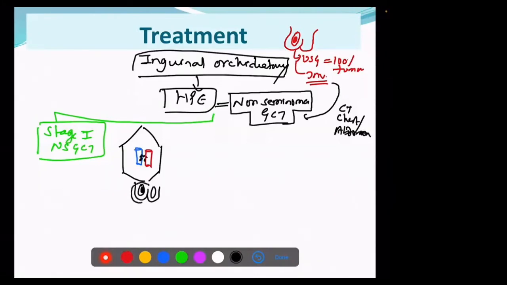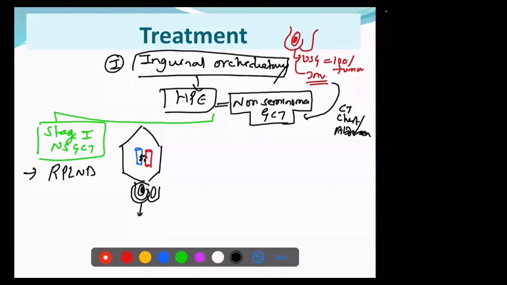You have already removed the testis as a first step here. Now, see, these non-seminomatous germ cell tumors are not that much sensitive to radiotherapy. They are not that much sensitive. So what we can do here is